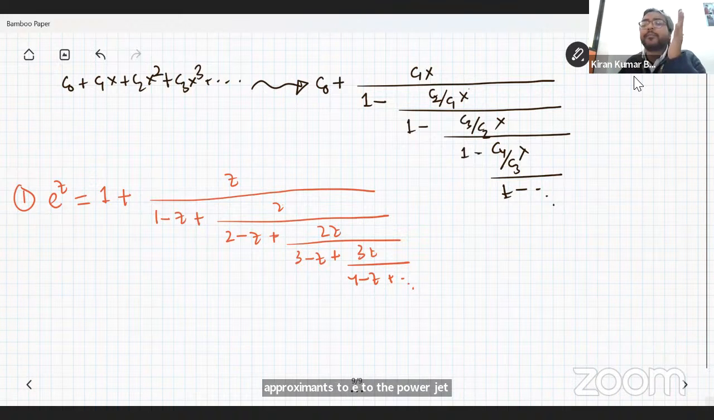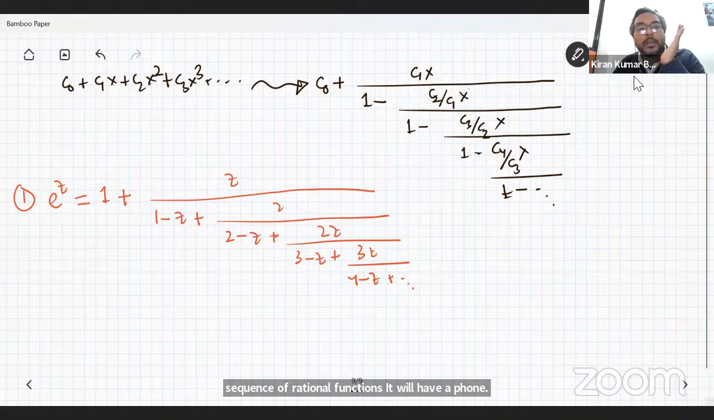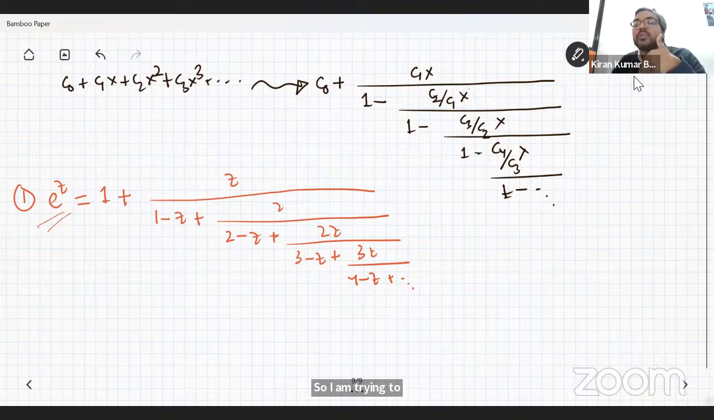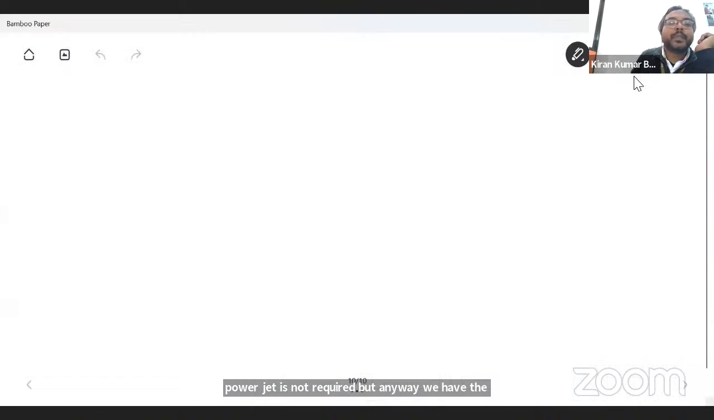In this case, the rational approximates from the continued fraction are not much used, because a sequence of rational functions will have a pole, the point at which the denominator vanishes. But e to the power z is an entire function. So I am trying to approximate an entire function by a sequence of functions that have singularities, which doesn't make sense. So the rational approximation to e to the power z is not required, but anyway, we have the continued fraction expansion. Similarly, another example,